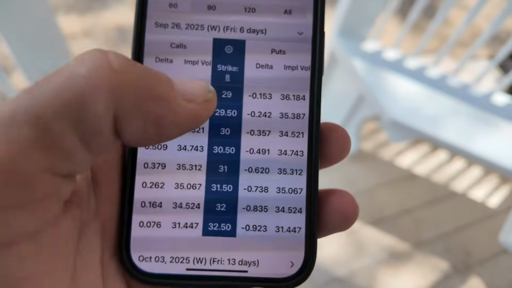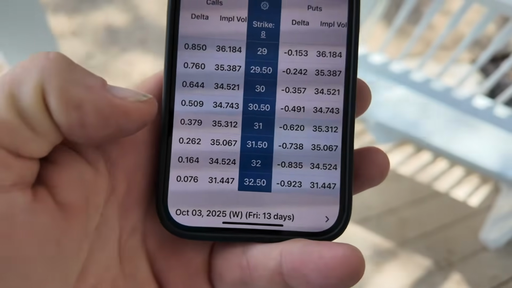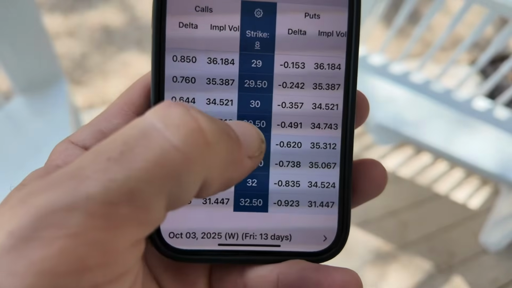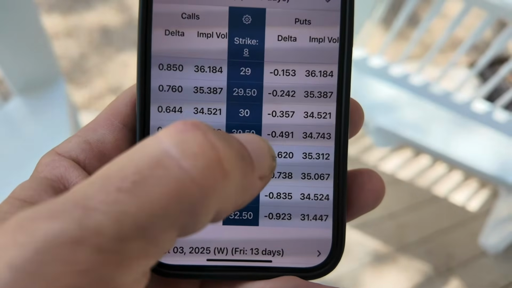I've been selling options on Carnival for a very long time, so I really don't use the delta. But if it's a new stock, you definitely want to use the delta. Number one thing, you want to use the delta when you're selling a new stock. So let me show you here. When I go over and I find the delta, on Friday, yesterday, which I'll show you in a minute, I sold the 30-50 puts. So I sold the 30-50 puts.